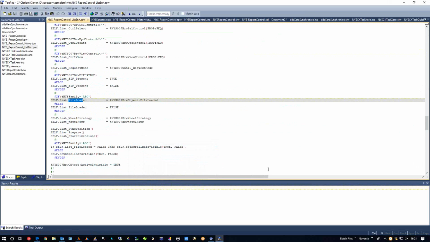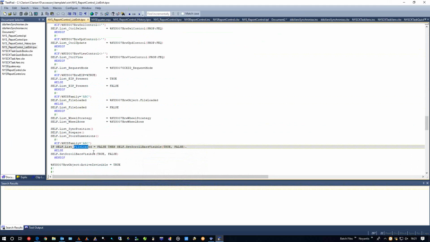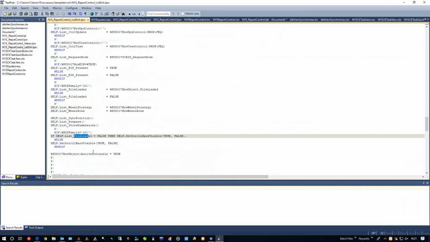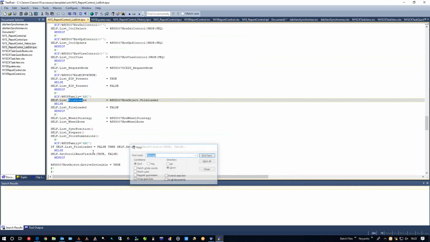Okay, so we've got that. This file loaded. No, so it's not that.